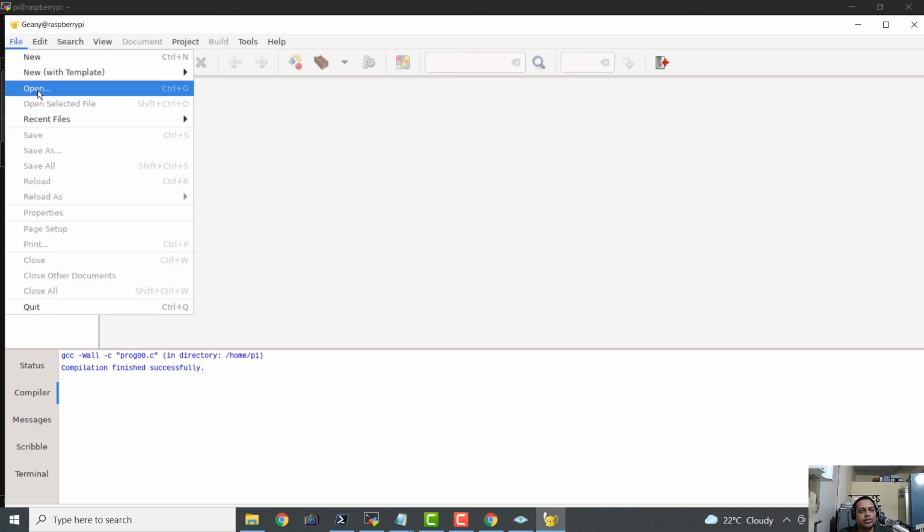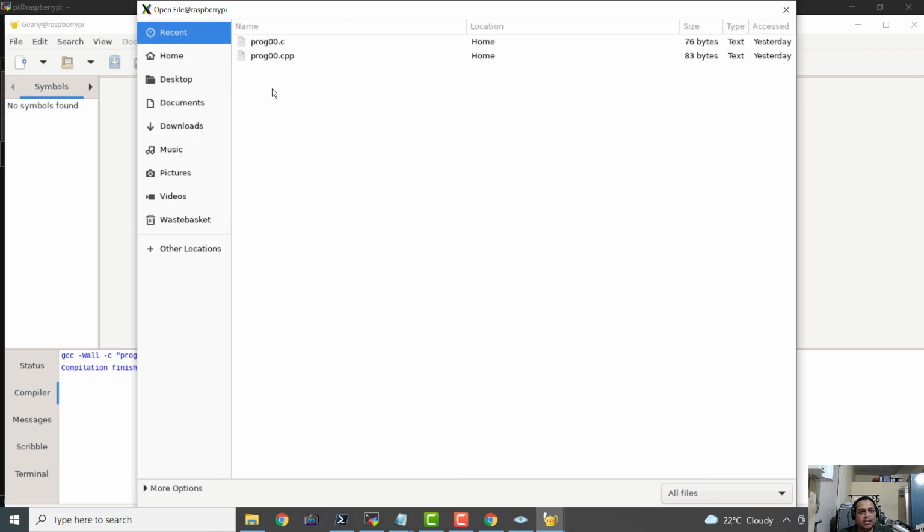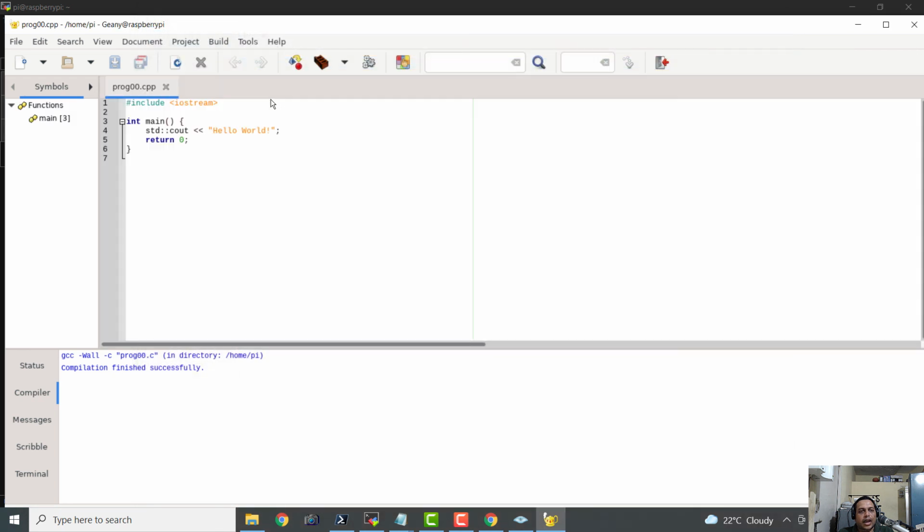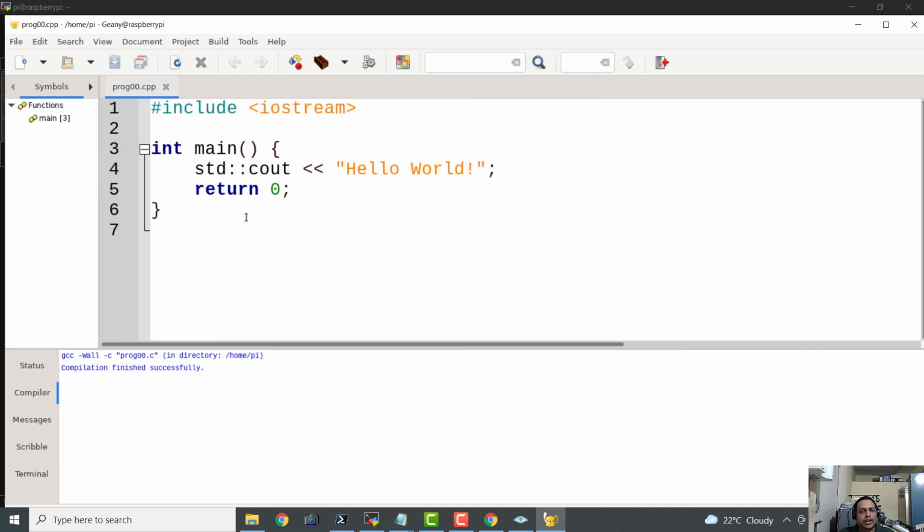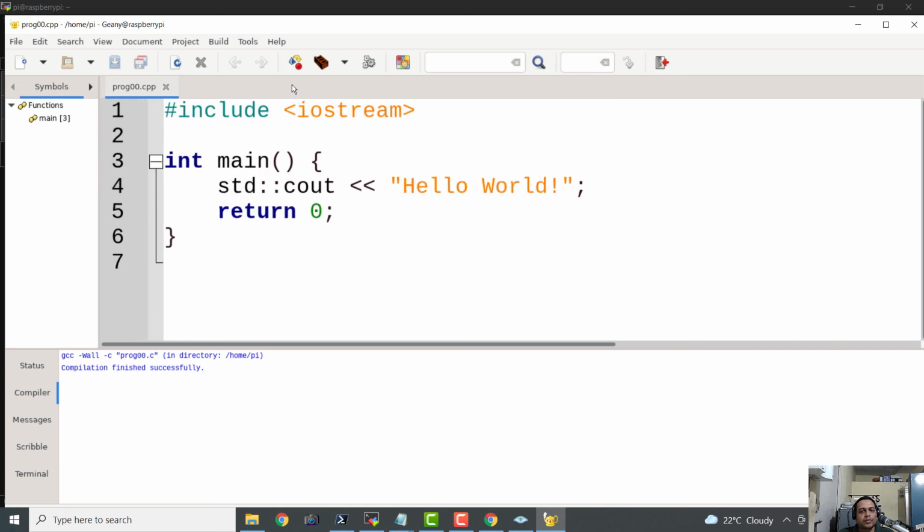So let us open a C++ file and let us build it and then run it. This is a sample C++ program. Let us compile the current file, and it says g++ -Wall -c prog00.cpp. Compilation finished successfully.